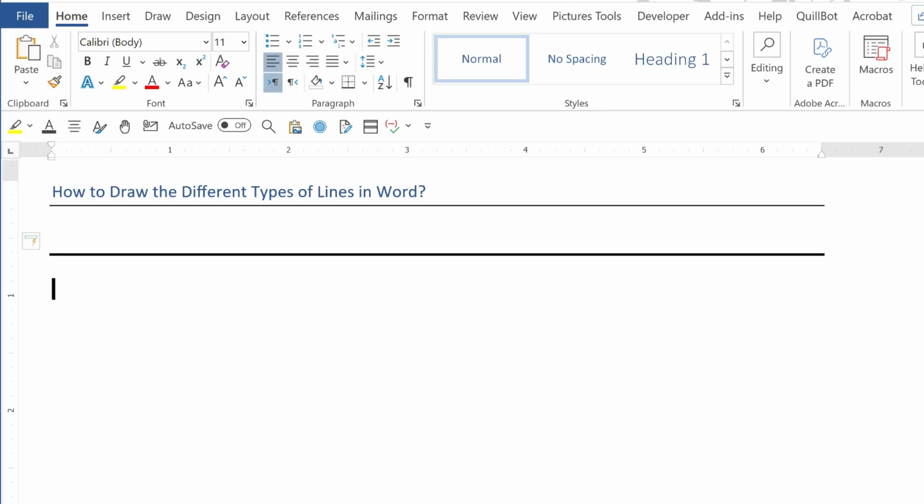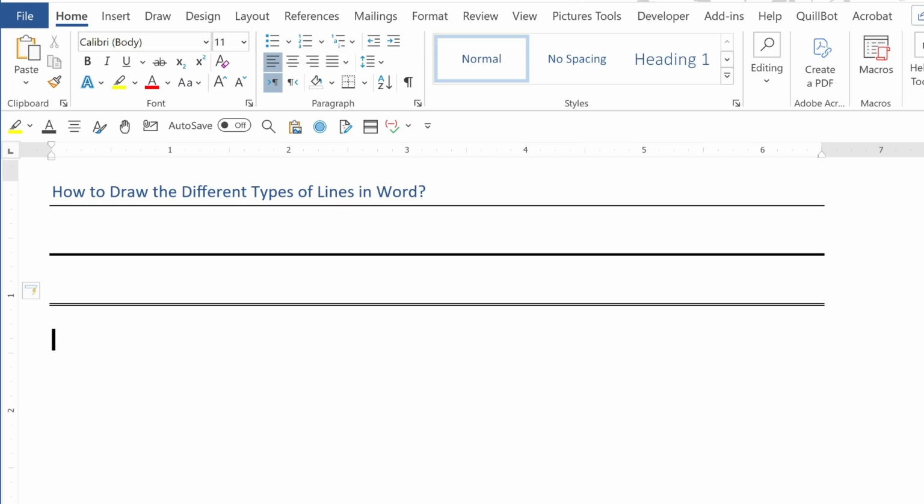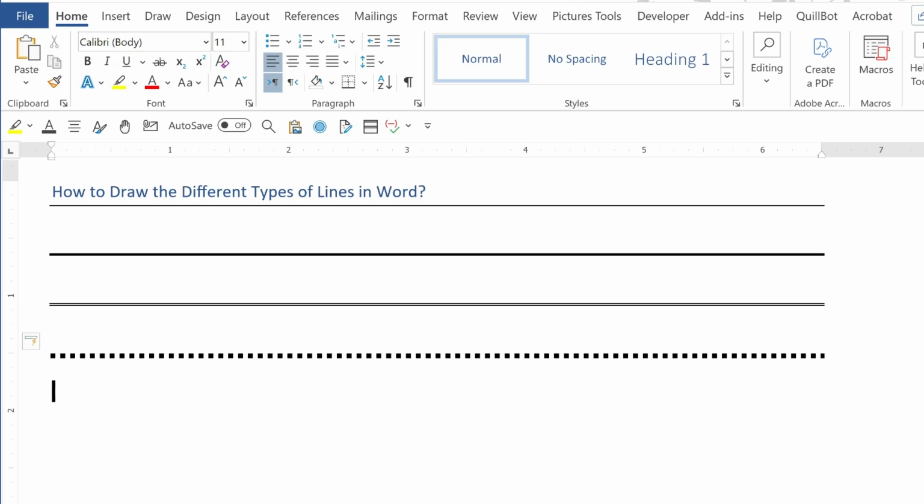and hit enter. And if you want to insert a double line, you need to type 3 equal signs, hit enter. And if you want to insert a dotted line, you need to type 3 asterisks and hit enter. And if you want to insert a bold triple line, which is a thick center line, you need to type 3 hashes,